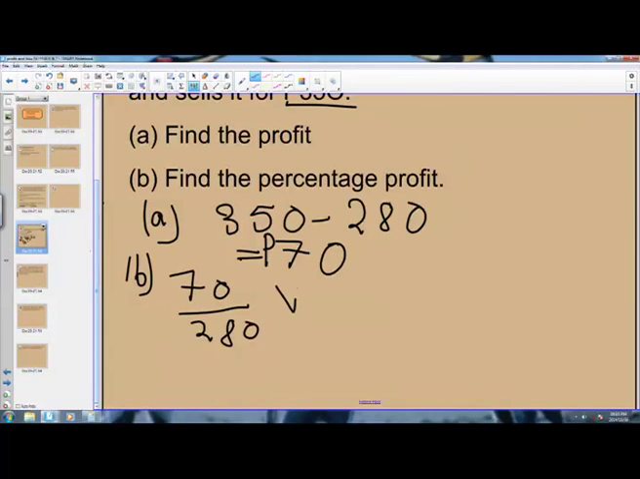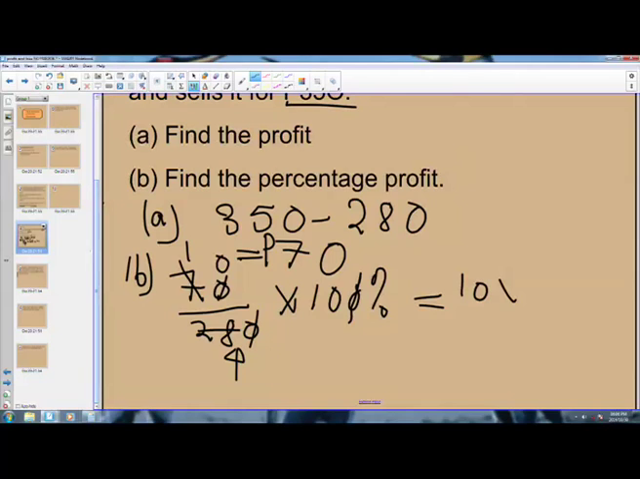280. Then multiply this by 100% because we are now looking for percentage. This cancels this. And then 7 here, ones here, 0. And then into 28, it's 4. So what we have? We have 10 times 10%